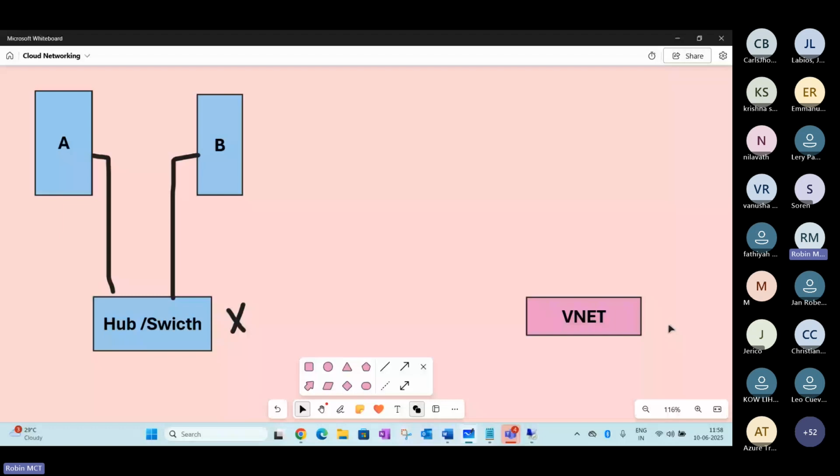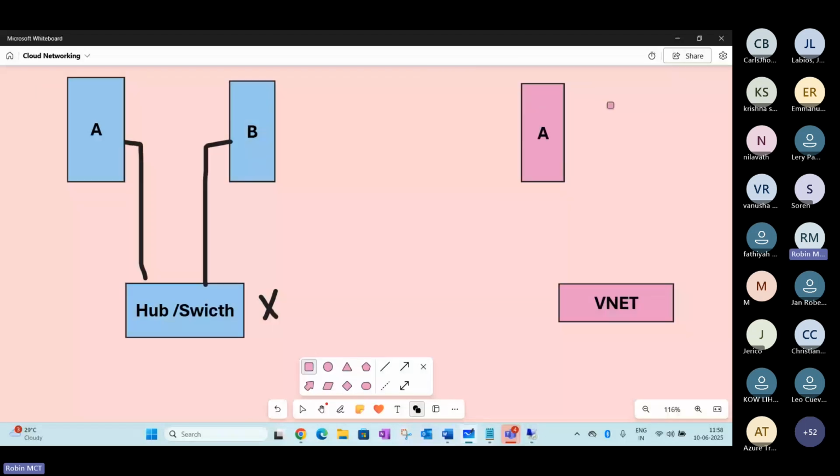You'll be creating a VM here. If you want to communicate, your server A will be here, and you will connect your second server here too, but the only difference is that you are not going to use any physical component. That means there is no cable here.